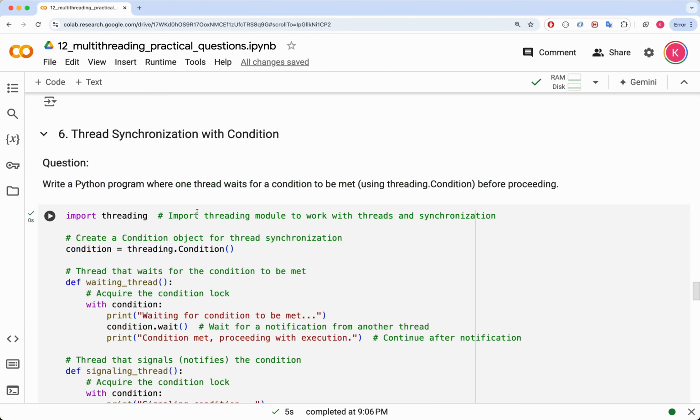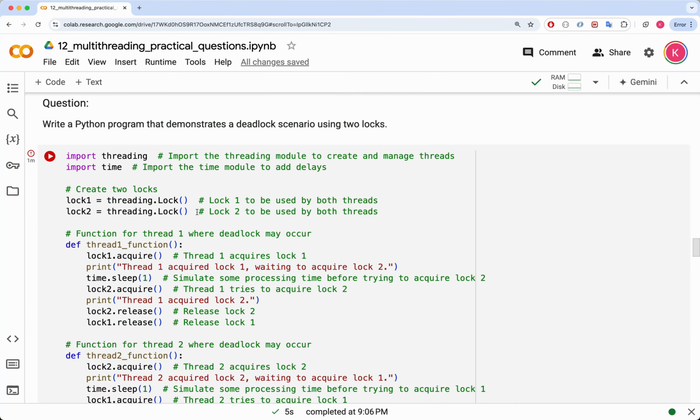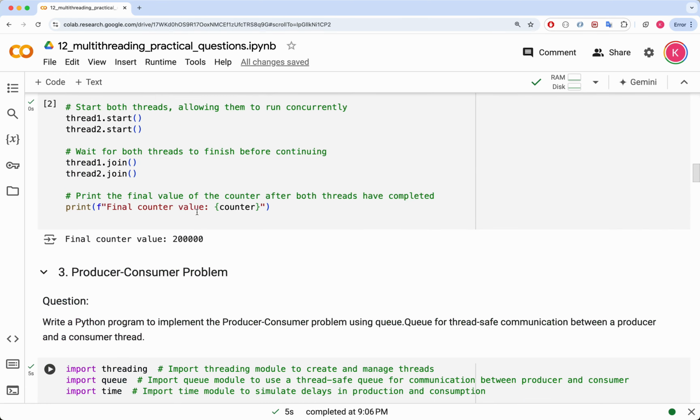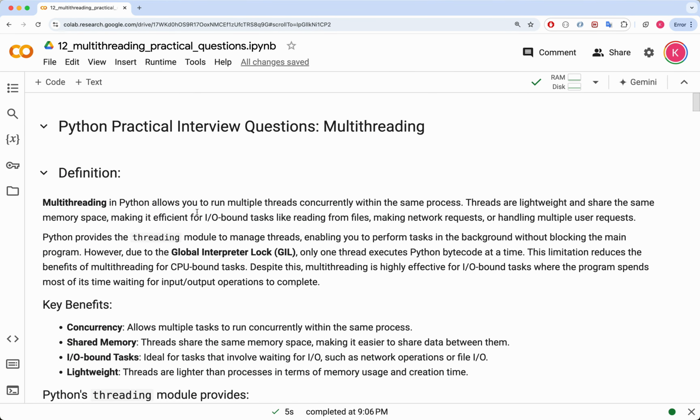As you've seen, multi-threading can be a powerful tool for improving performance, especially with tasks that involve I/O operations. However, it's important to keep in mind some of the challenges like managing thread safety and working around Python's Global Interpreter Lock, the GIL. I hope these practical examples have made the concept clearer and given you the confidence to tackle multi-threading